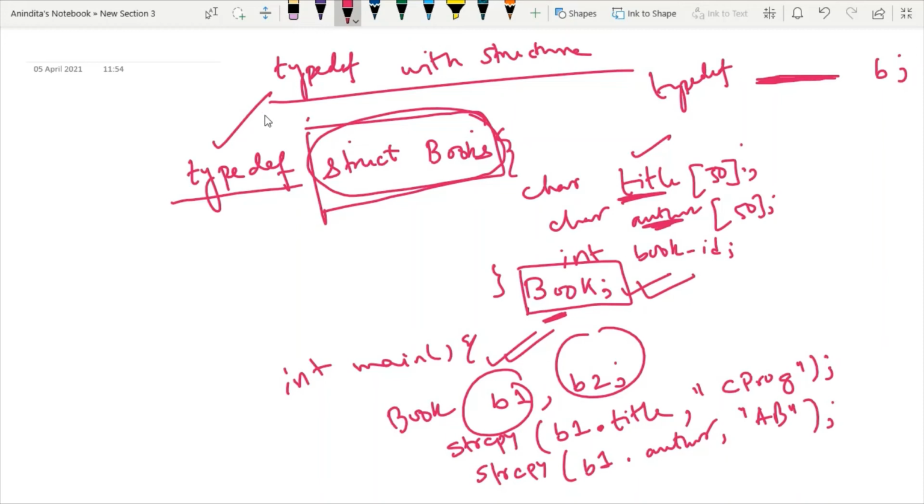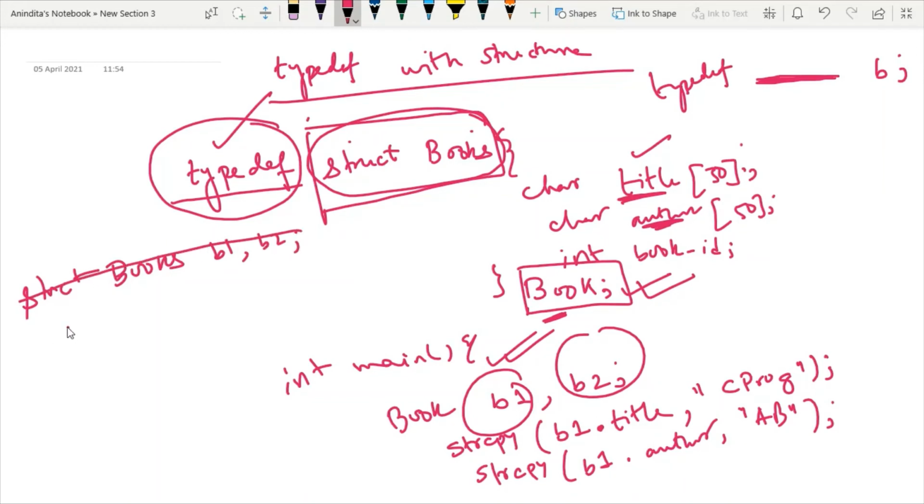So due to this typedef keyword, instead of writing struct books B1 comma B2, this portion will be abbreviated as just book B1 and B2. So this is the main advantage of using typedef.